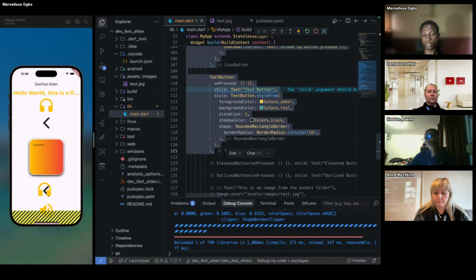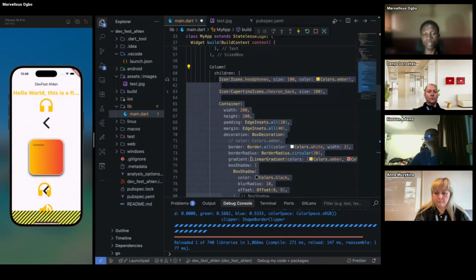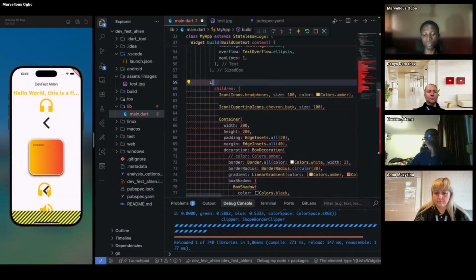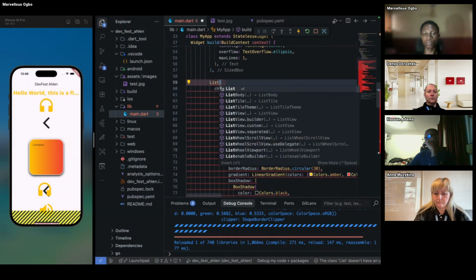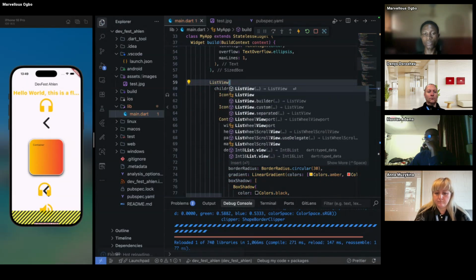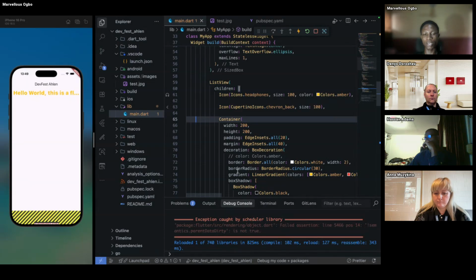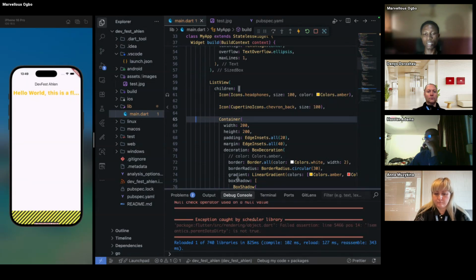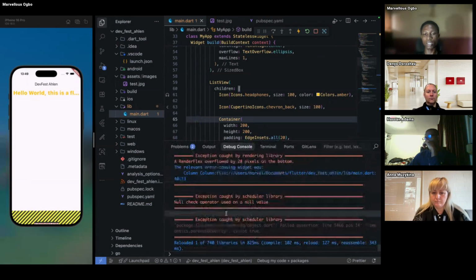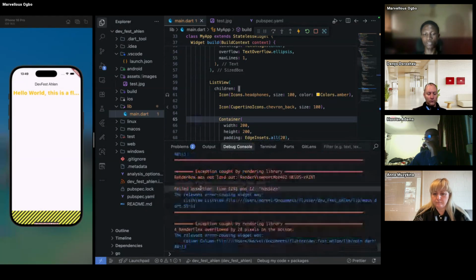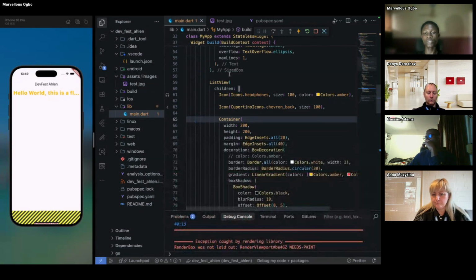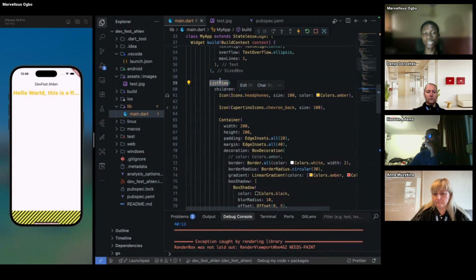Okay. So I'm going to wrap this with a list view. And now you see when I reload without adding expanded, there's an error: null check operator used on a null value. We have "render box was not laid out." This error happens because we are given a list view, and a list view can't actually work